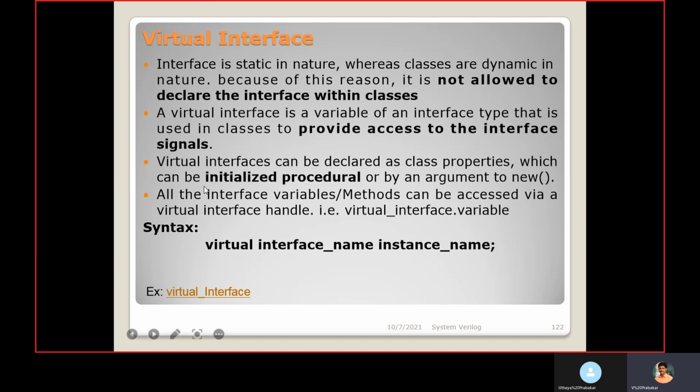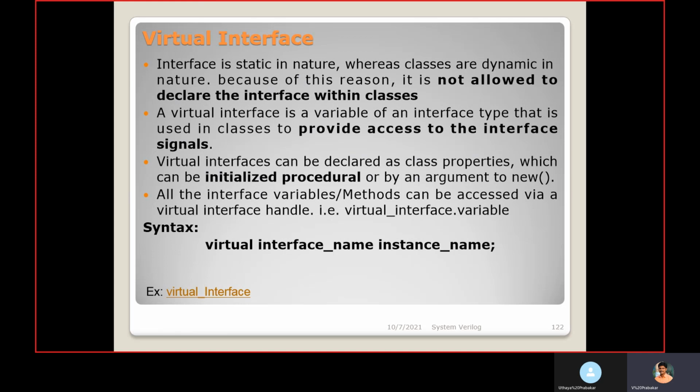ways. One is passing the handle in the new argument, in the new constructor. While I instantiate a particular class, I need to call new to create an object for that class.